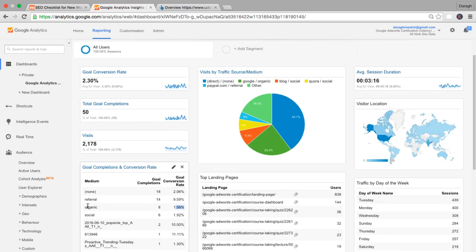And you can see that here using this little chart, which you'll be getting later in the Google Analytics section of the course. I can see that organic, the channel, has contributed 8 goal completions, which represents 1.56% of my total goal completion. So I can see very easily how that is performing relative to